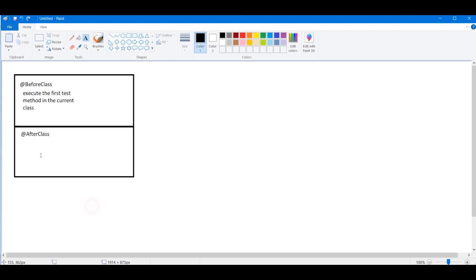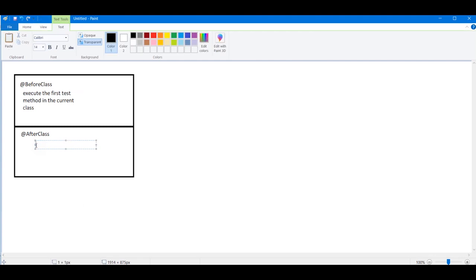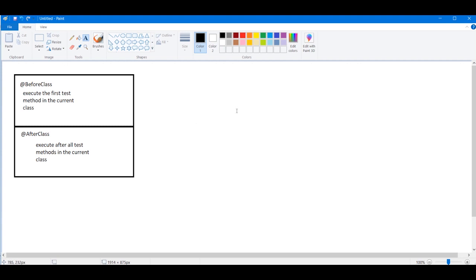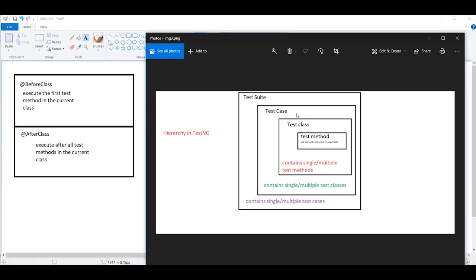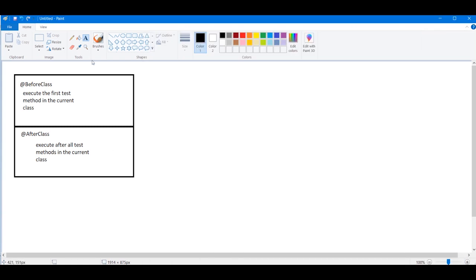After class means it executes after all test methods in the current class. After all the methods inside the test class, after all the execution, it will execute.